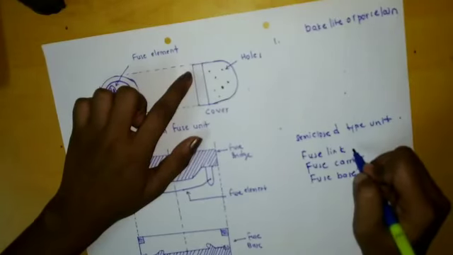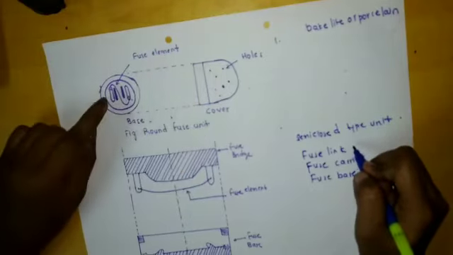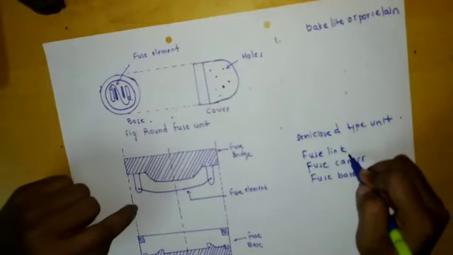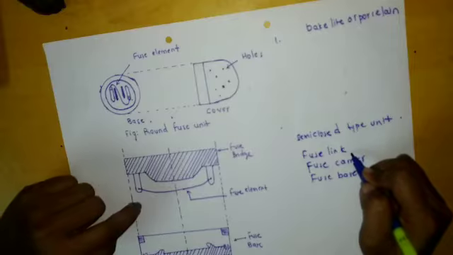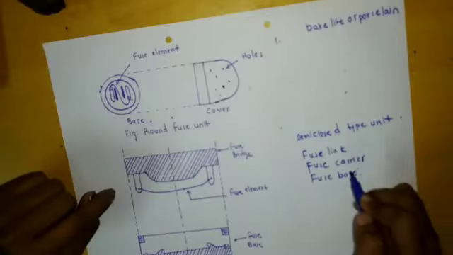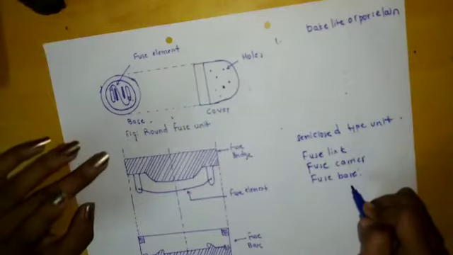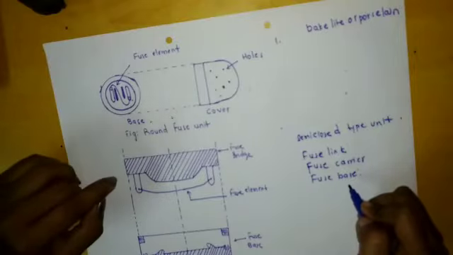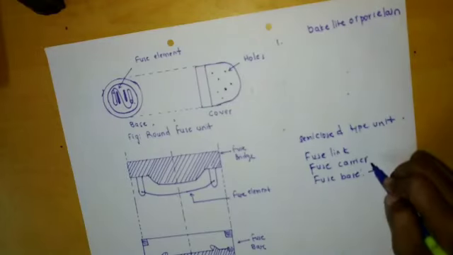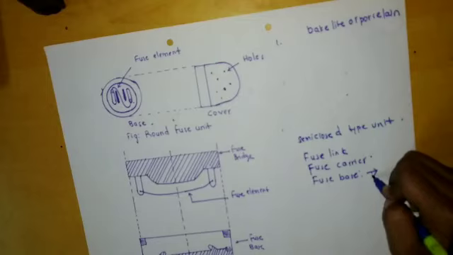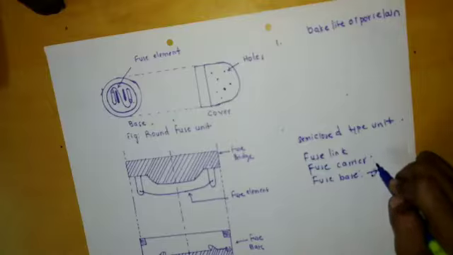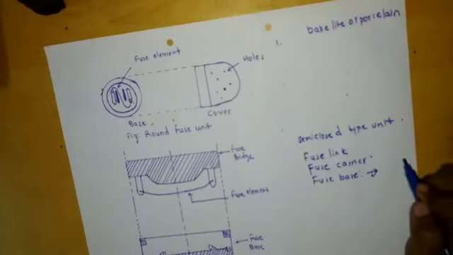So what is the fuse link? The part that consists of the fuse element. Here we have the fuse element; similarly here, this is the fuse link which consists of the fuse element. The fuse carrier carries the fuse link. Now the fuse base is the fixed part carrying the fixed contact terminals. The fuse base and carrier are made up of porcelain, whereas contacts and terminals are of hard bronze material.